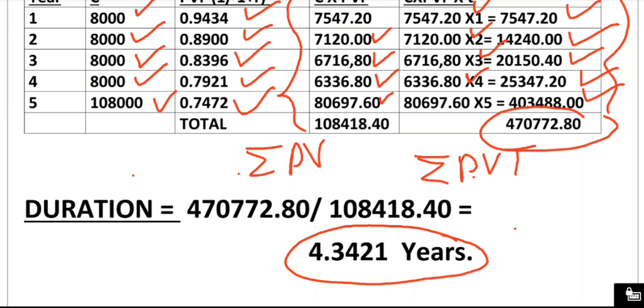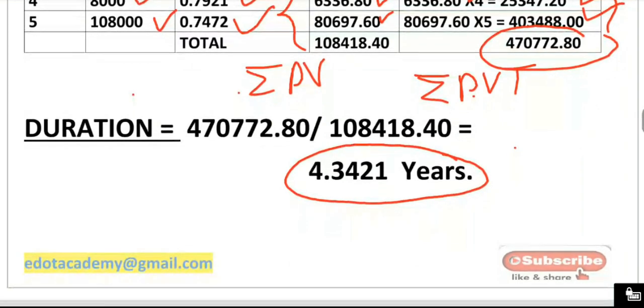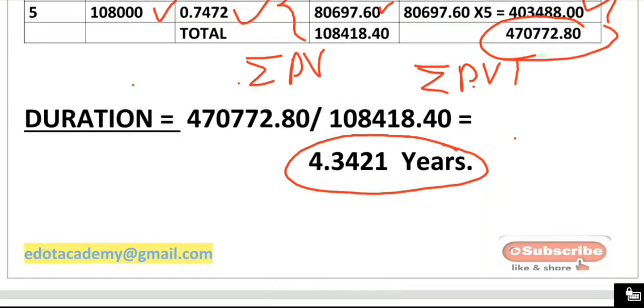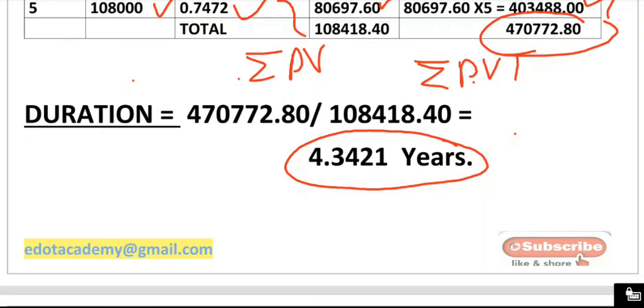Because if the rate of interest is changing, let's take one example here. If the rate of interest is increasing, the value of the bond will go down. If the rate of interest is decreasing, the value of the bond will go up. But this is the minimum period beyond which this will not be affected, meaning the change in interest rate will not affect the value of the bond. Okay, now I think this point is very clear.